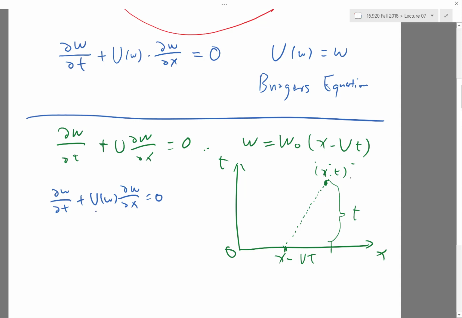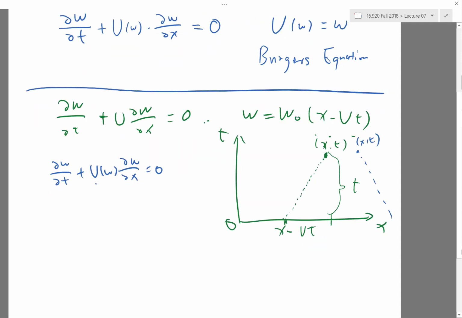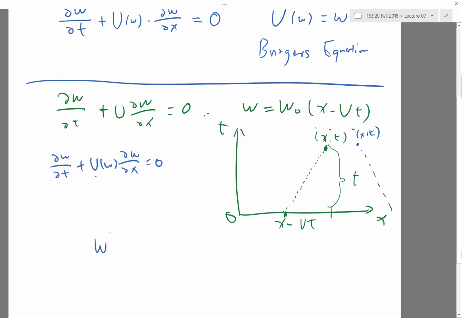So that means if I have another x and t, the wave may be going this way, right? So for the blue equation, w at any x and t should be equal to w0 at x minus u of the same w